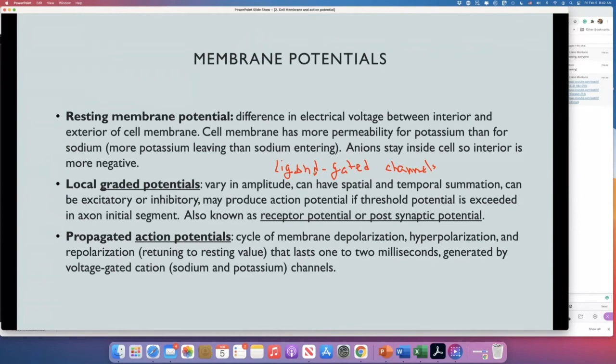But it's a chemical like acetylcholine, a ligand, opening the local or these dendritic receptors, producing a local graded potential. In the case of the axon, it's not acetylcholine that binds to the axon channels. It's simply when there is a change in the voltage in that area, the sodium channels will open or close. That's why they are called voltage-gated channels versus ligand-gated channels in the case of the dendritic channels or the postsynaptic channels.